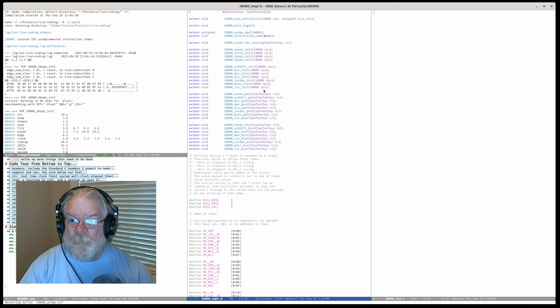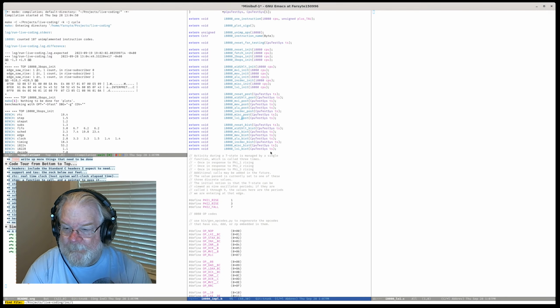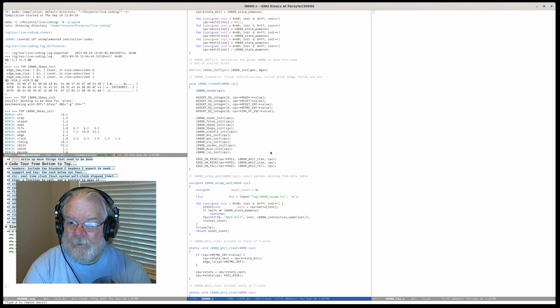Okay, so we are now hooked up. We have declared our init, post, and bist. And now we're going to call init. We're going to LXI init after we MISC init, and that's the only one.